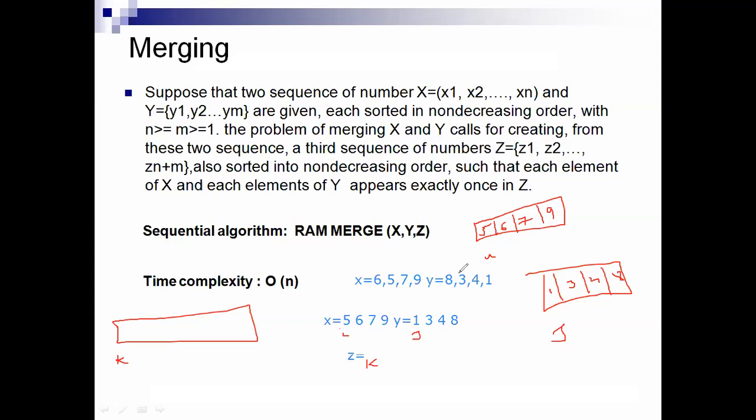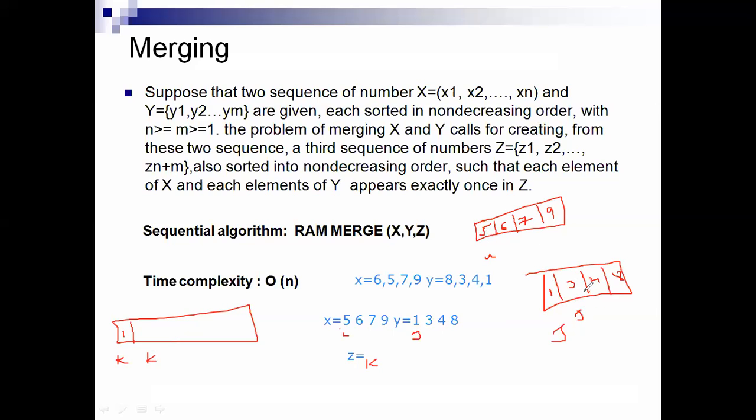Okay. So first we compare the i value with j. Whichever is less, that element is stored in k. So that is 1. Then we increment the index j, because I already stored the least element from j. j is incremented by 1. So j comes here. i remains as it is, because the element at i is not moved to k, so i is not incremented. Here I store the j value, then k is incremented by 1. So k comes here.